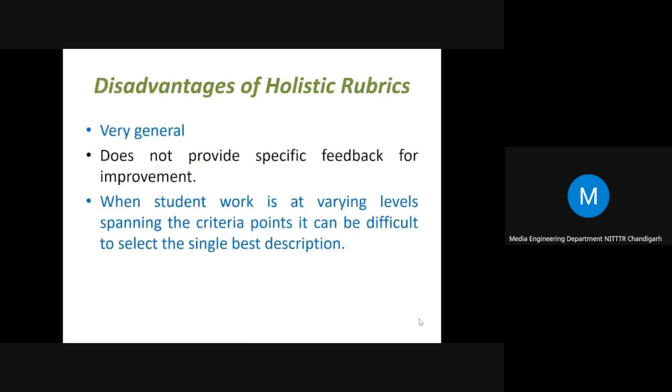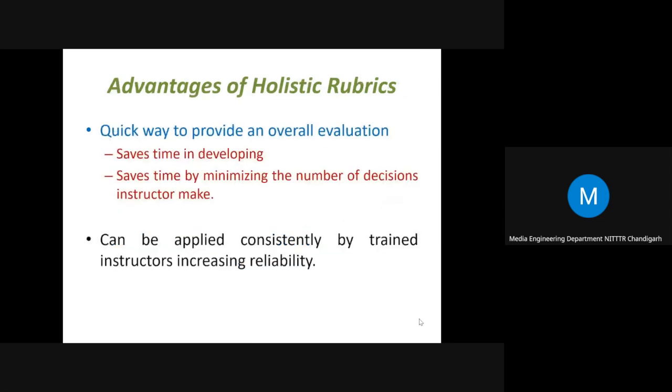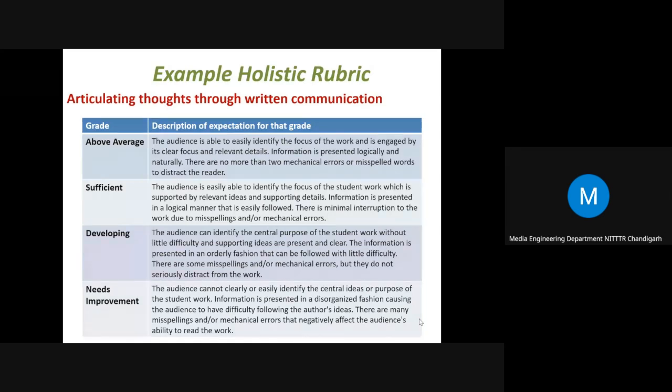So advantages we have seen, now disadvantages. It is very general. It does not provide specific feedback for improvement. Again refer to this example of the rubric. Say the student is getting a sufficient grade and has not been awarded above average. Will the student be able to know what his limitation or drawback is, where the student is lagging, because there are three parameters referring to three different statements?